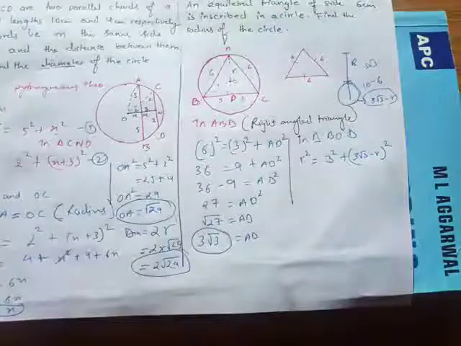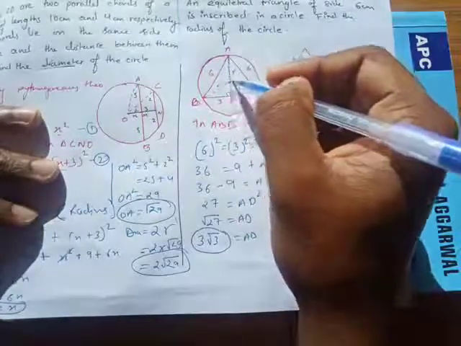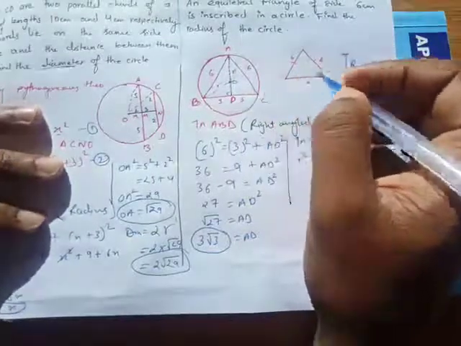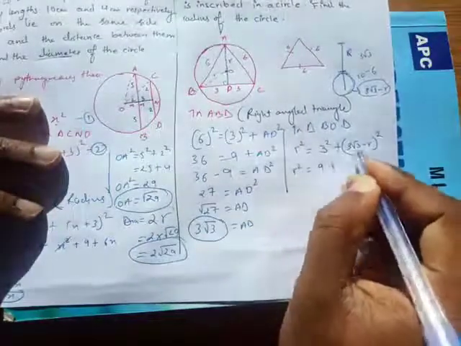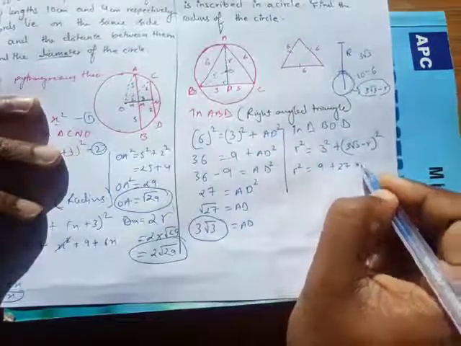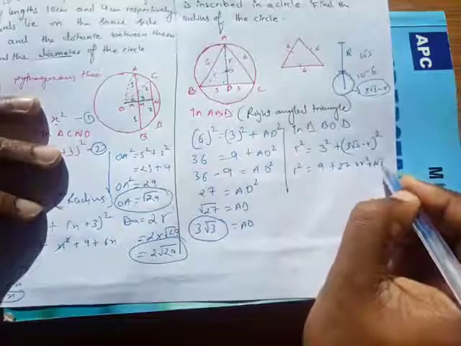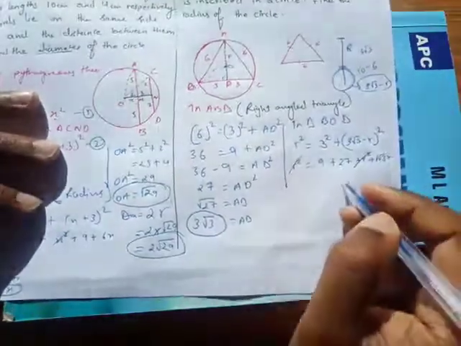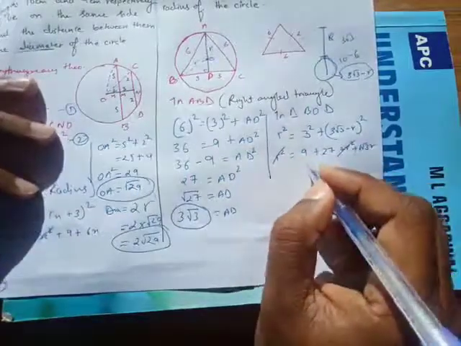Are you guys getting it? क्योंकि मैंने पूरी लाइन ढूंढ दी, यहाँ से लेके यहाँ तक मैंने ढूंढ दी है 3 root 3 है, पर इतना R लिया तो इतना क्या होगा? 3 root 3 minus R. Okay. Now R square is equal to 9 plus its square, and this is going to be 27, and this is going to be plus R square, and then minus 6 root 3 R. Okay, plus 6 root 3 R, and this can be cancelled out. ठीक है. Okay, now if I add both of them, I'll get 36.